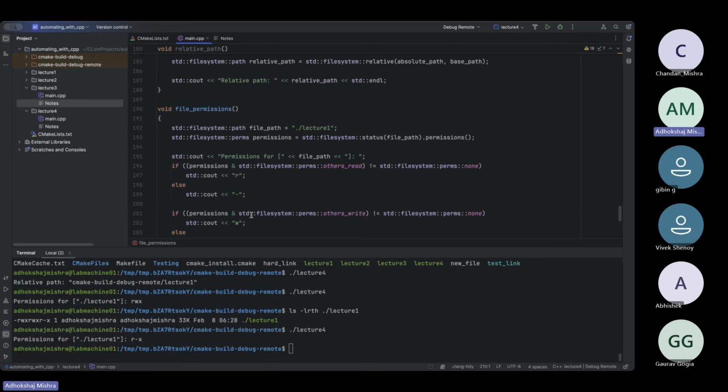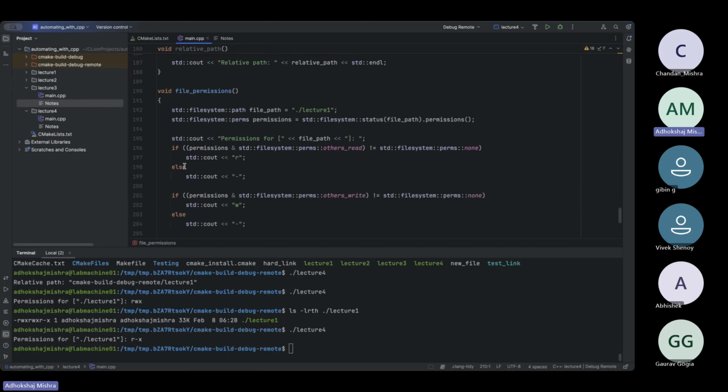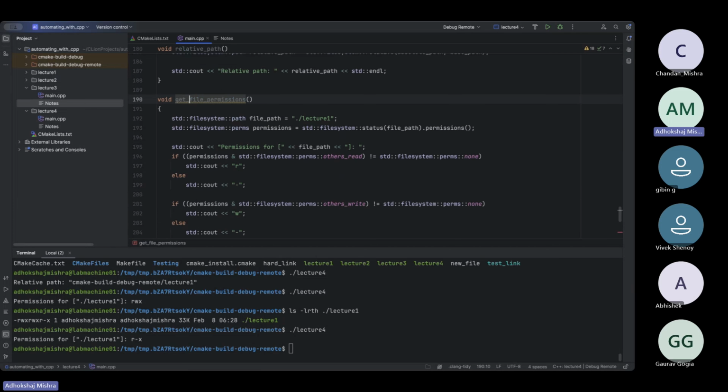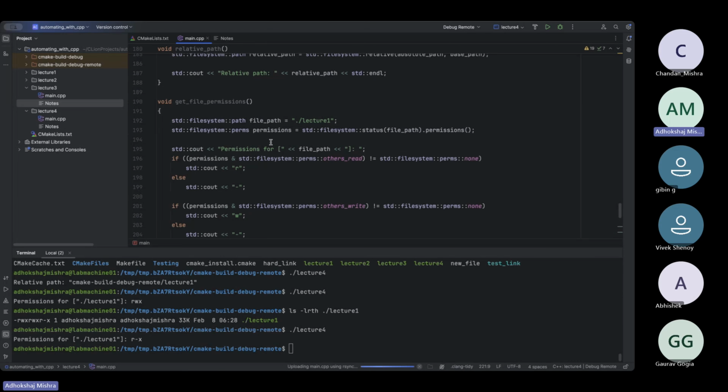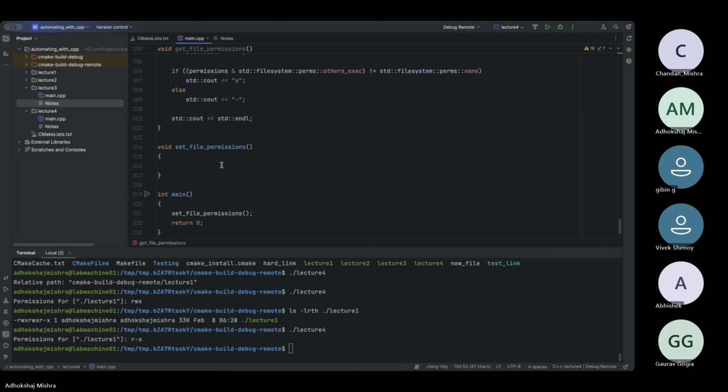For that, I will change this to get file permissions, and then I will make another function, set file permissions. And I want a path. Okay, so this is here,